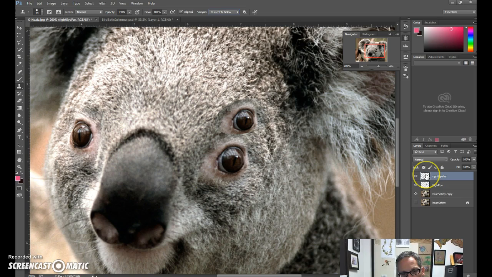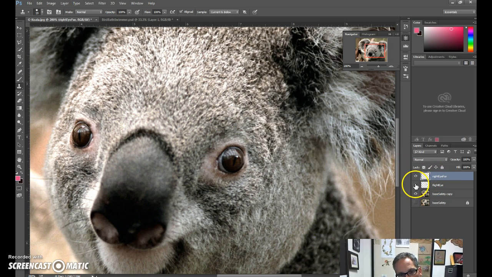Since this is empty, I'm going to be sampling this one, and I'm going to choose some of the fur around this part. As a matter of fact, I'm going to try to hide this, and I'm going to hold down Alt, and I'm going to sample some of the fur right here,